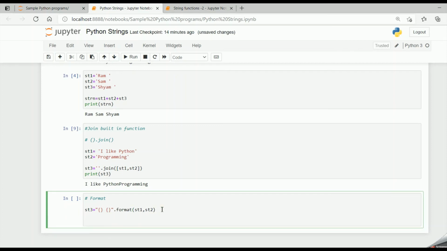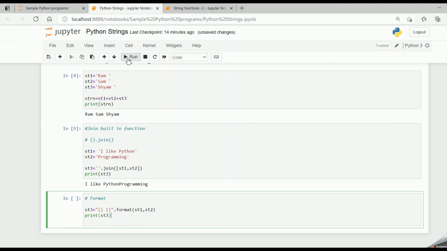So now if I run the code and say print st3, see the first curly braces is a placeholder for st1 and the second curly braces is the placeholder for st2. So instead of the curly braces, st1 would be replaced, then a space and then string 2.